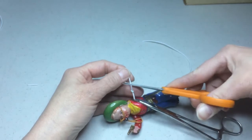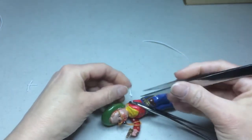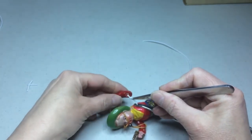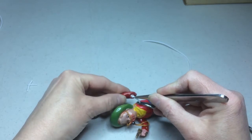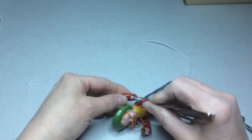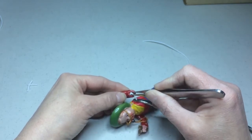I'm going to trim the excess, take my tweezers, get my tail in the hole there. Yeah, this is definitely a smaller hole. Now I'm going to work my knot into the hole